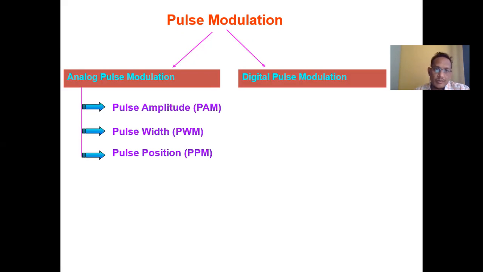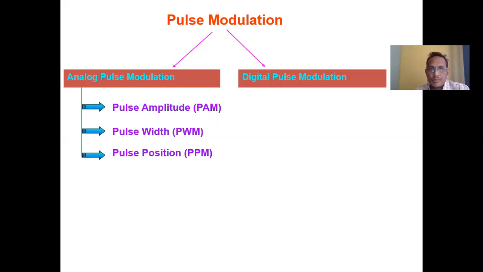The first one is pulse amplitude modulation. This is called pulse width modulation, and this is pulse position modulation. In the first part of the first unit, we have already defined that to define amplitude modulation, frequency modulation, and phase modulation, we change the 3 different important characteristics of the carrier signal, that is amplitude, frequency, and phase.